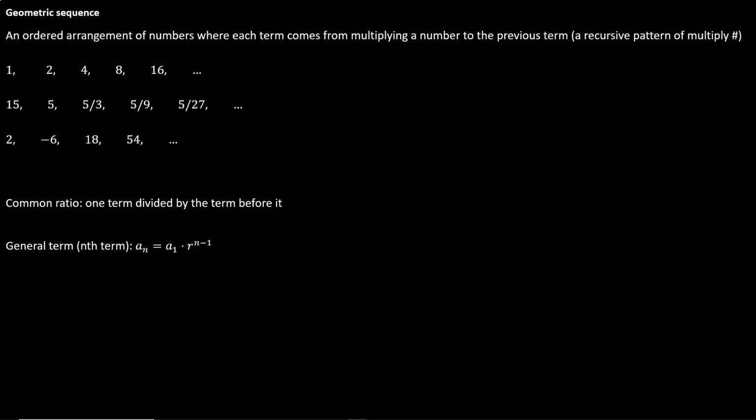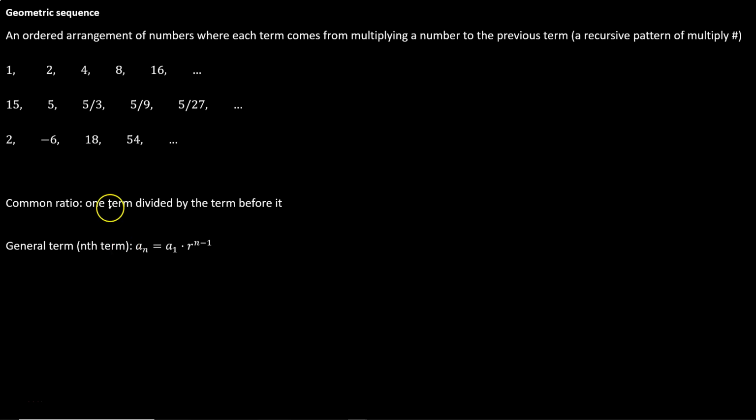Geometric sequence is the next sequence that we'll talk about in this section. It again is an ordered arrangement of numbers. This time each term comes from multiplying a number to the previous term. So this again is a recursive pattern, but this time instead of adding the same number over and over, we're